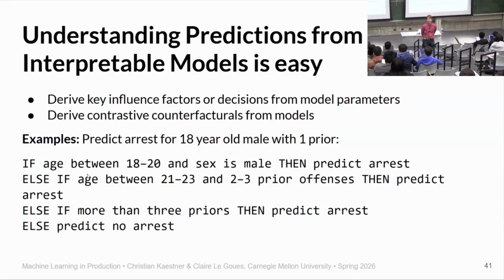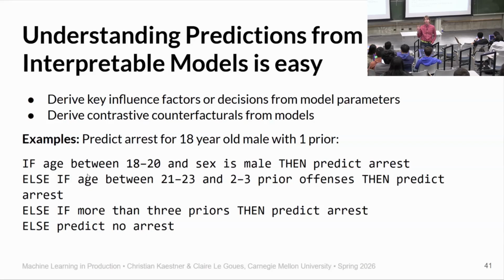A 20-year-old male with no prior convictions. The model says you will re-offend. If they don't have big teeth and no priors and they age out, then they'll be good. You can also say next year you have 1 free. I don't know that that's particularly useful, right? But now we're in the space where it's actually pretty hard to figure out what is a reasonable explanation here,